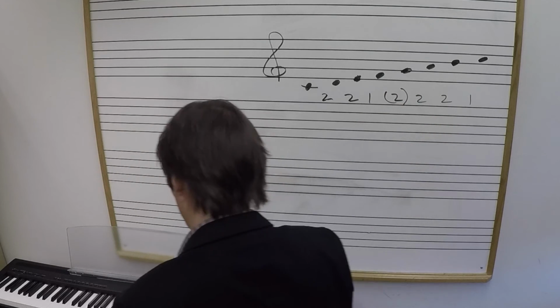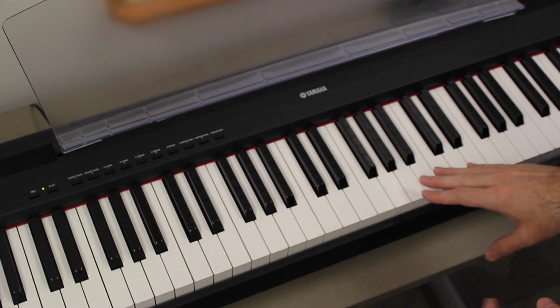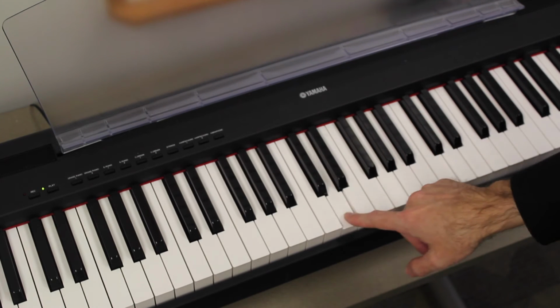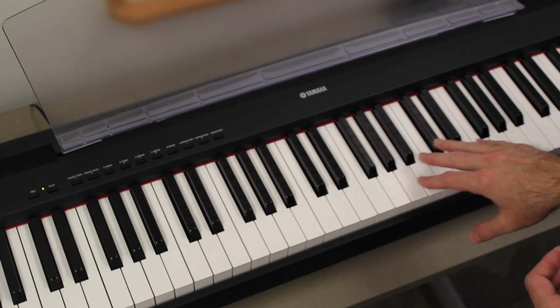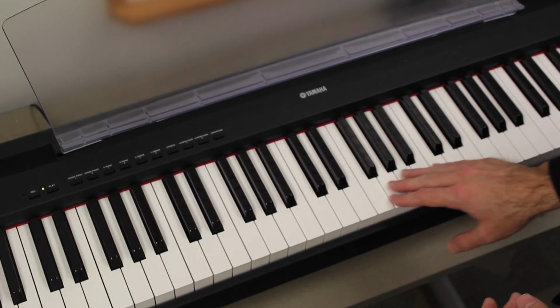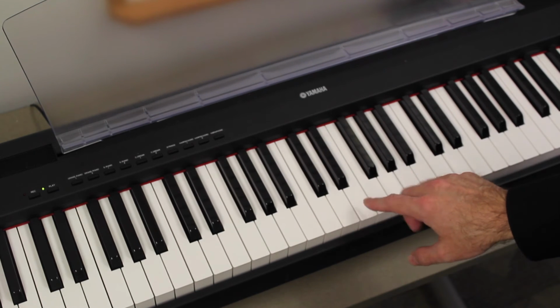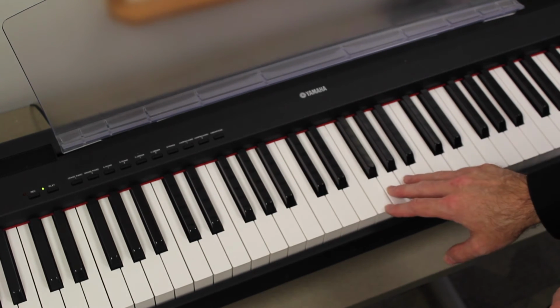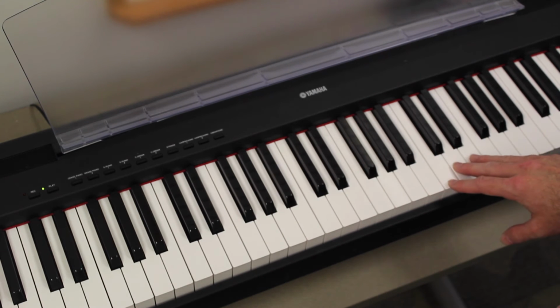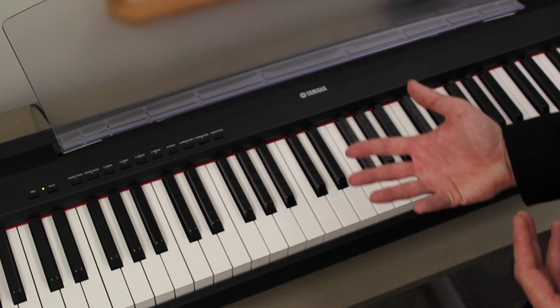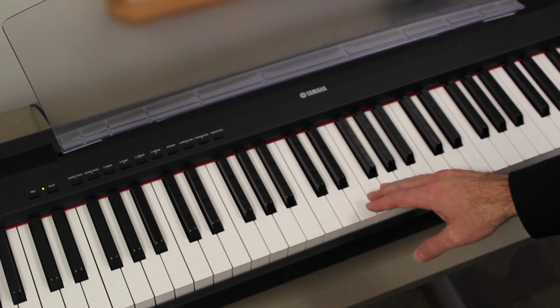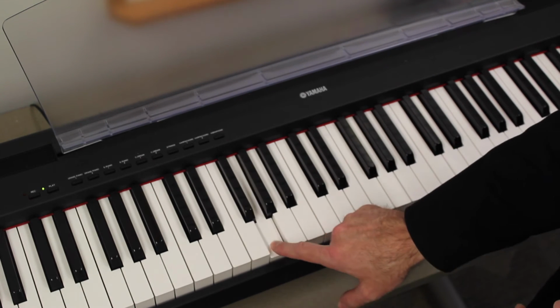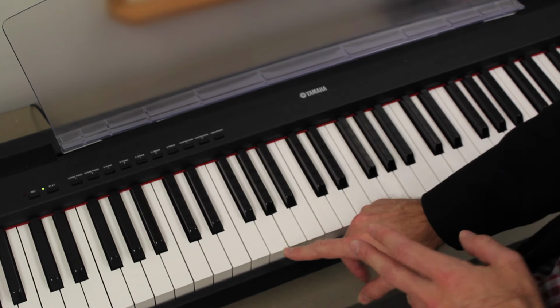Now going back to the keyboard, just to look at this, we can create major scales starting on any pitch. We don't always want to write a C major scale. We want to use other types of scales. So if I were to start on a different note, if I keep that same pattern of half steps and whole steps, I can create a different major scale. So let's look at, say, G. All right. So if I start on G, I would use this same pattern.